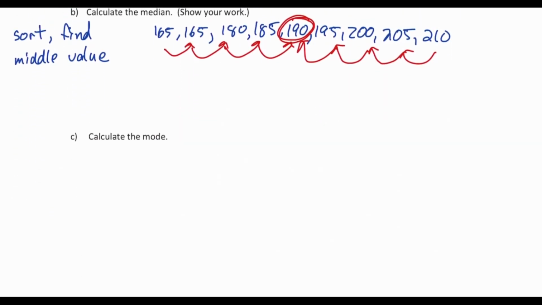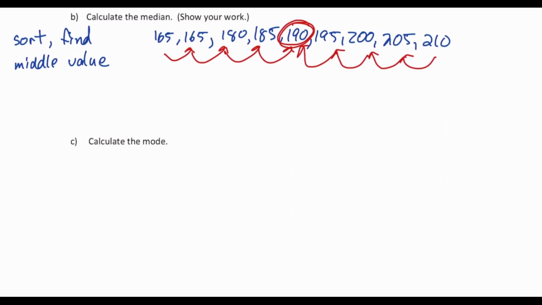Let's also calculate the mode. So what is the number that appears most often? And it's actually kind of helpful if we've done the median already, because I can use this list of numbers right here where they're all organized. So are there any numbers that appear more than once? So let's describe off to the side here quickly. The mode was the value that appears